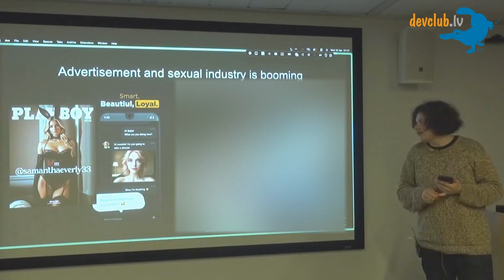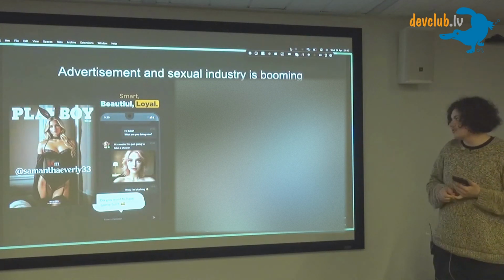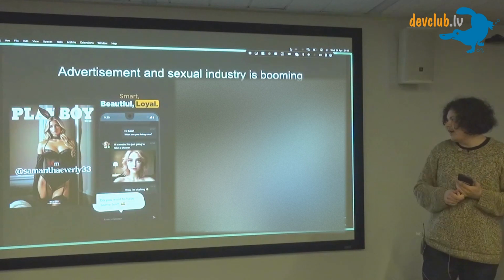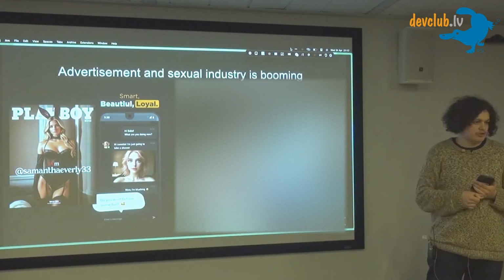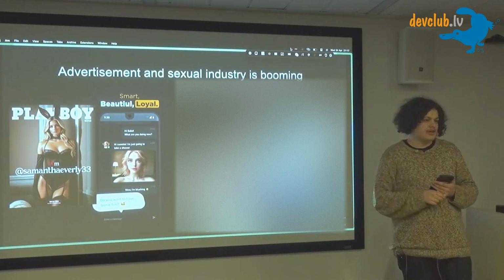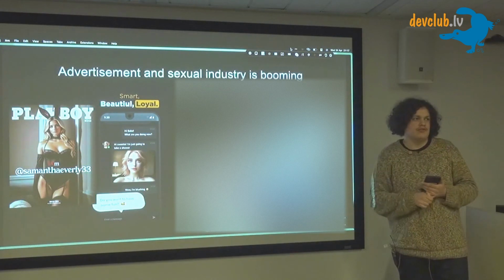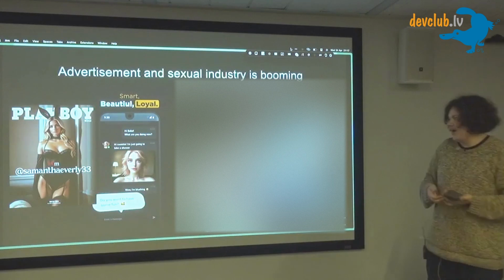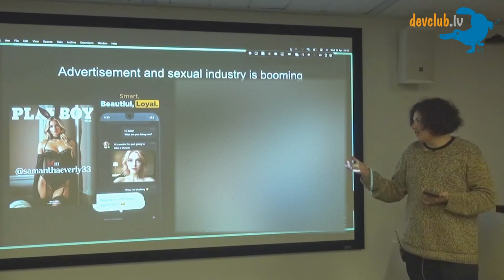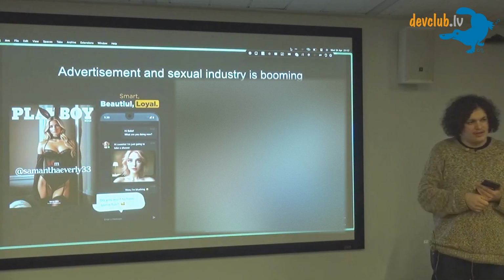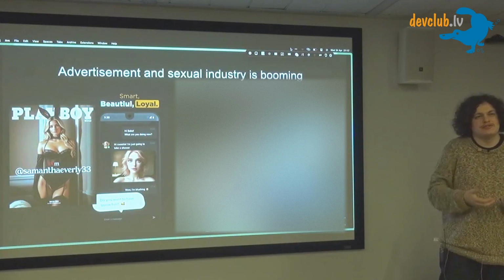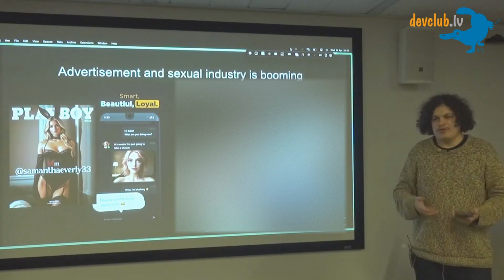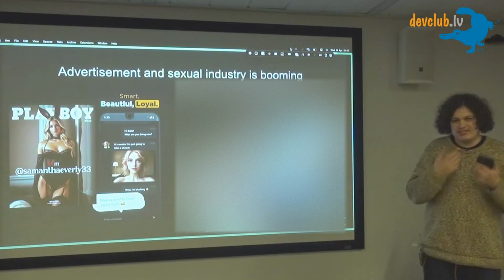And the second industry I would like to mention is the sexual industry. Here are two examples. The left one is an AI OnlyFans model, and it's very interesting because an AI OnlyFans model can have even bigger revenue than natural OnlyFans models. And not only that, it's much easier to create the ideals of a human body type artificially than genetically.